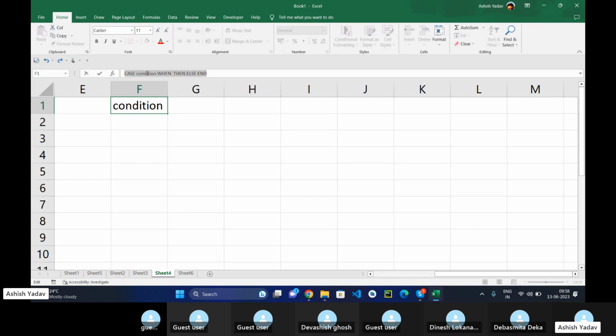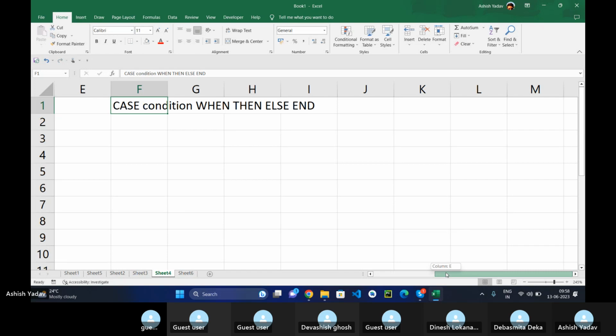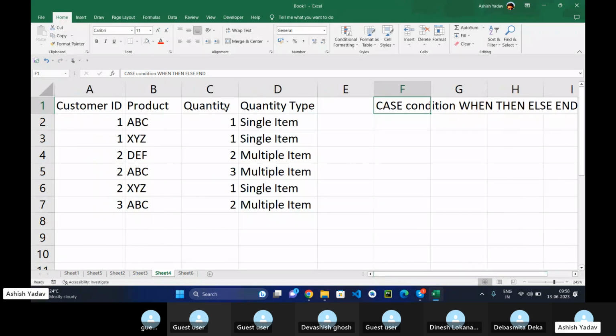So in this case, my condition will be if quantity is equal to 1. You read it like this: if quantity is equal to 1,